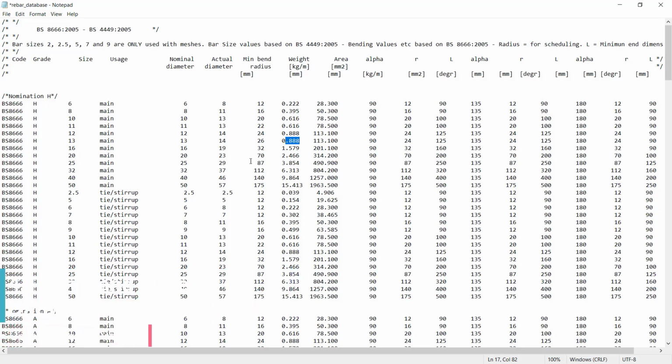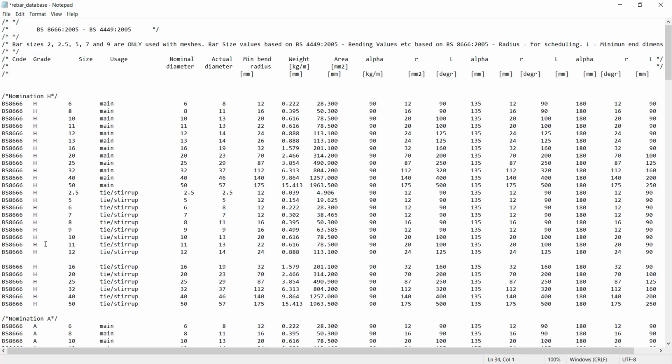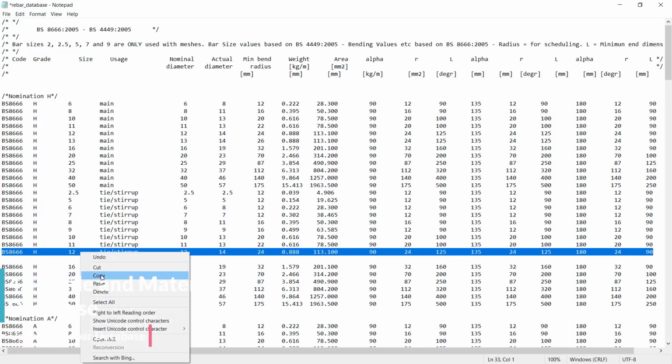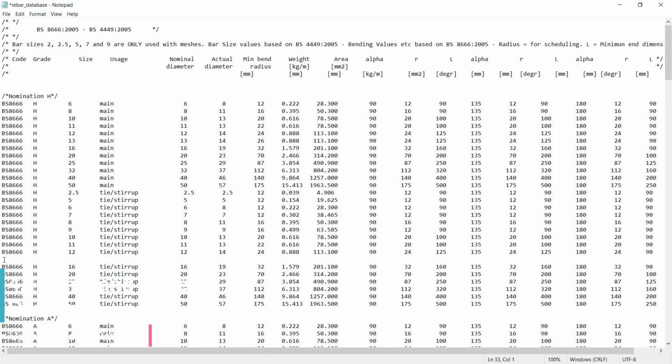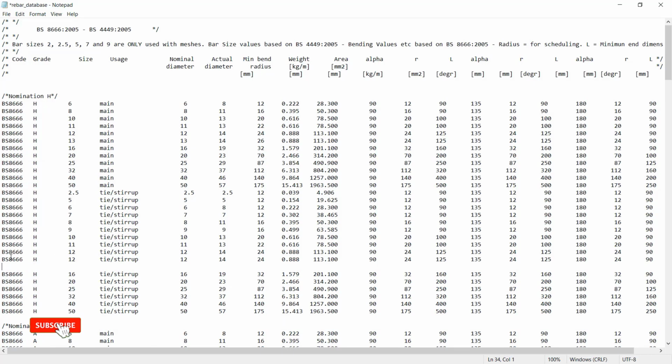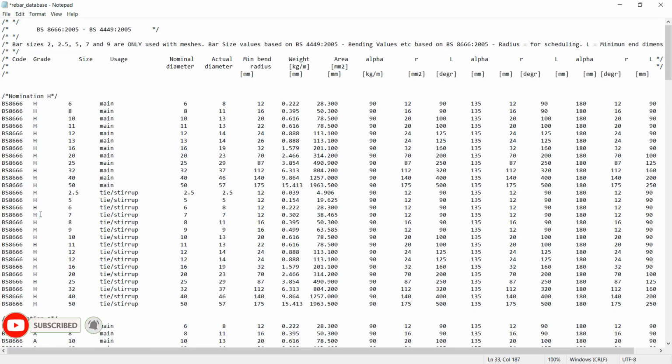So we've changed the main bar here, so we'll go straight to stirrups or the ties. So under between 12 and 16, we go between 12 and 16 here, and I'll select at the bottom end there of 12 and enter, so that I get a space in between the 12 and 16 dias of steel bar. So I'm going to select 12 and paste it in between 12 and 16 dia, and right click and paste it here. So once I've pasted it there, I'll get rid of that space